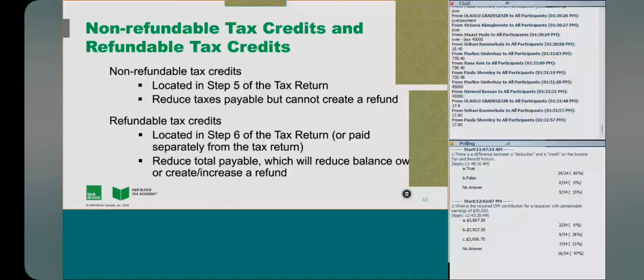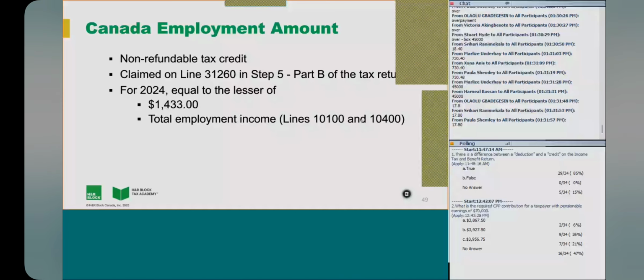Refundable tax credits, by contrast, are brought in step 6 of the tax return, or they are paid separately from the tax return, and they reduce total payable, which reduces balance owing and can create or increase a refund. And I will be sure to show you that in the diagram once I cover the other things. So, well, no, I can do it here. Well, I'll do it in a moment, actually. So if you're unclear about any of that, don't worry, I'm going to walk you through that as well. But first, let's look at a few other examples of